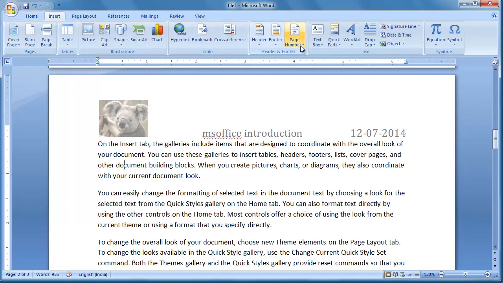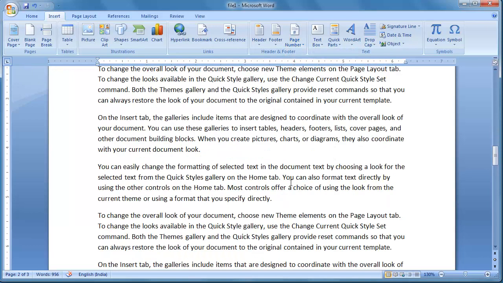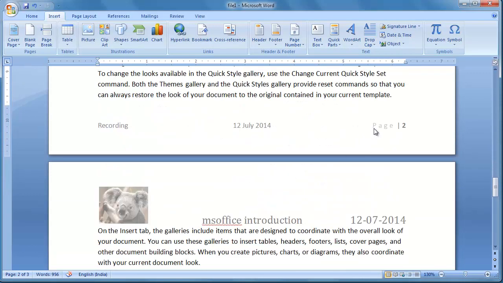Go to insert, and page number, we already discussed that if you want top of the page or bottom of the page, you can choose. Suppose you want page numbers at the bottom of the page.